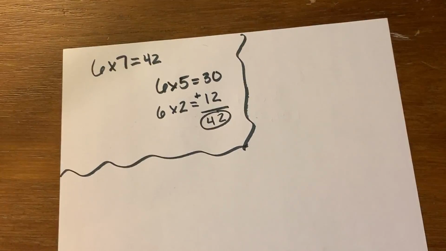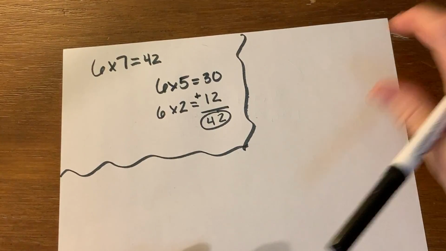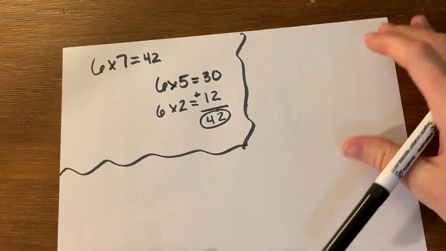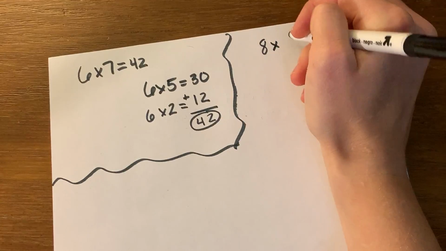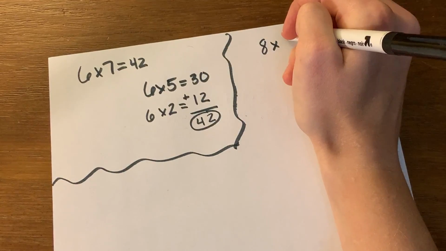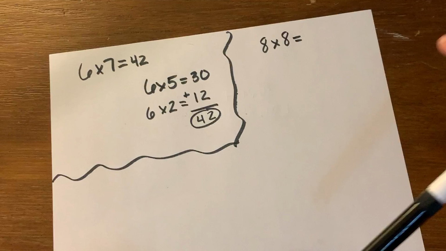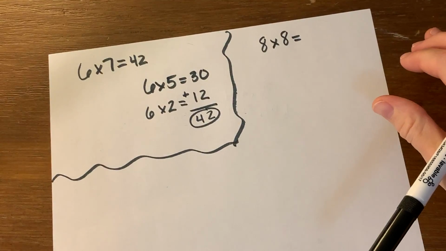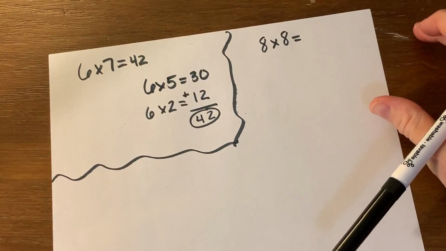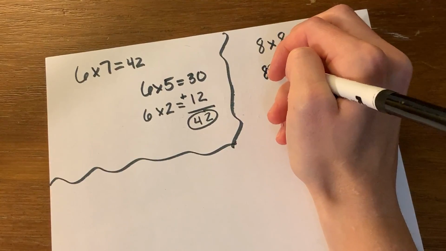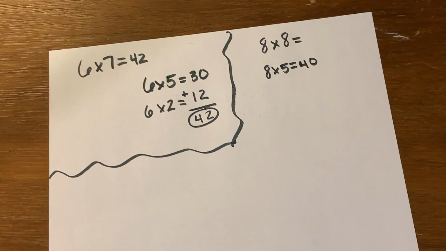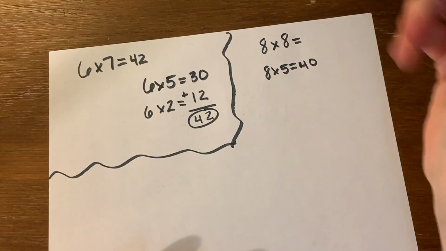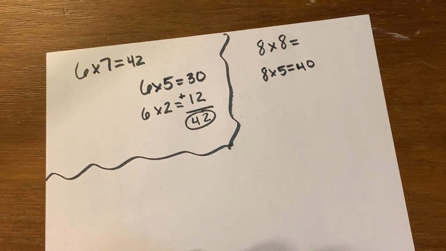So say, for example, you're struggling with, let's do 8 times 8. So you're not quite sure what 8 times 8 is. However, you know that 8 times 5 is 40. And I'm using the 5s here because that's ones that most everybody knows. We can build off of our 5s. Well, I just need 3 more groups. But,